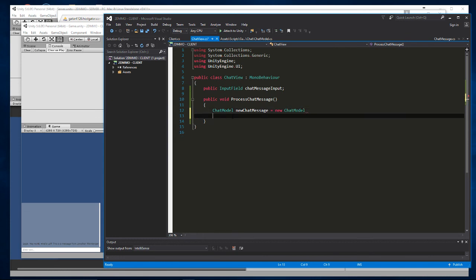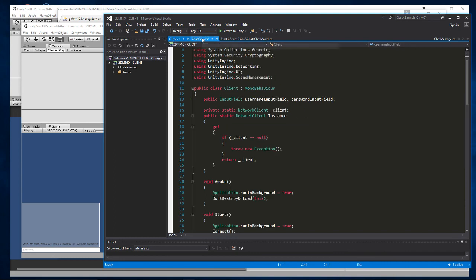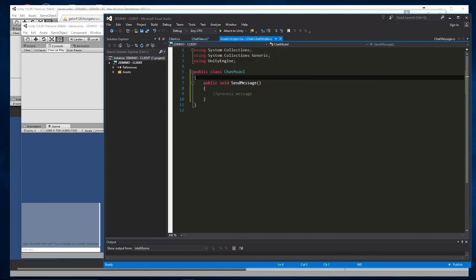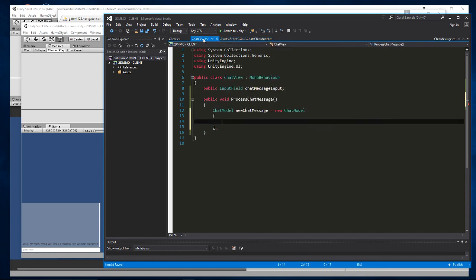Right, and inside the new chat model we have zero logic. So inside the chat model, we need to hold the public string message, the message we're sending. So inside the new chat message, we're going to say the message equals the chat message input dot text. Right, so it's stored there, and then afterwards,